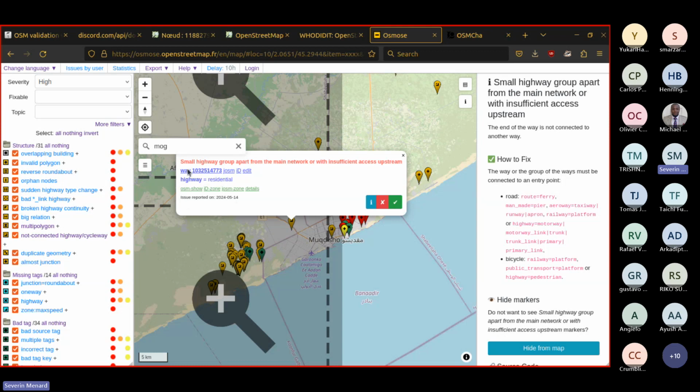No, for this kind of issue, it's interesting to monitor all of them, because some of them are potential, what do you say in English, false positives. But for these small highway group parts, these specific alerts, generally there's no false positive. There's always a connection, otherwise it would be a highway that you can reach only by helicopter. Statistically there may be some in OSM, but I think they're pretty rare.